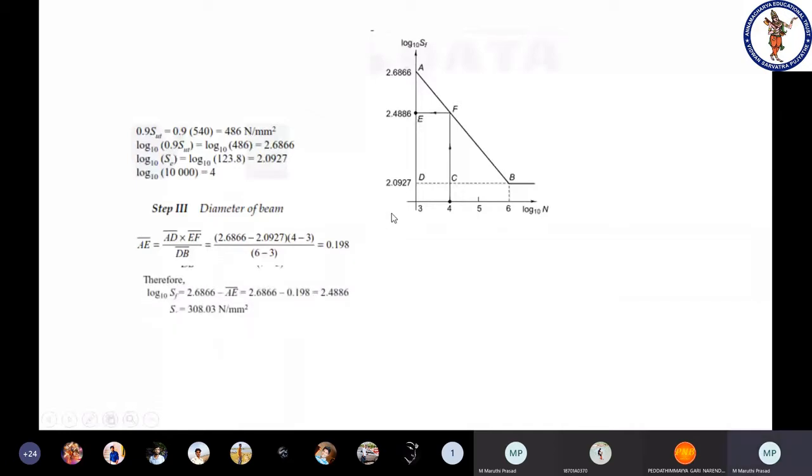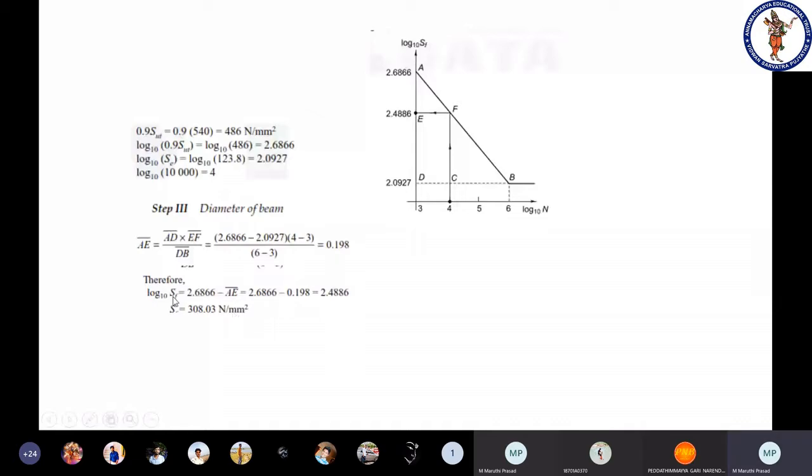So the value of this is 0.198 and the total is 2.6866. So we need 2.6866 minus AE, which becomes